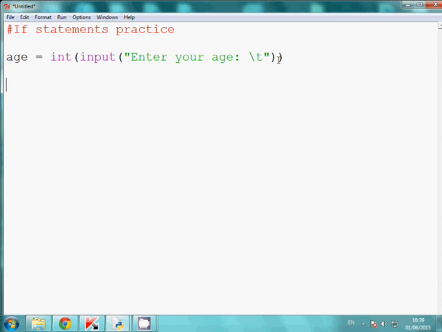So the first line that you do is you start with an if, and then you do the condition. So if age is greater than 18, and you put a colon in, and then you press enter, and you will notice it automatically tabs to here. Your if statement has to be tabbed to here in order for it to work. So if they're over 18, we're going to print